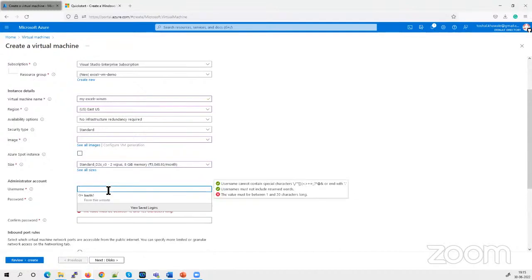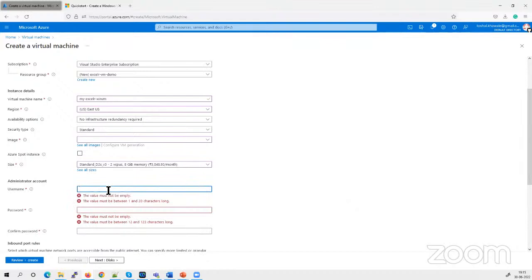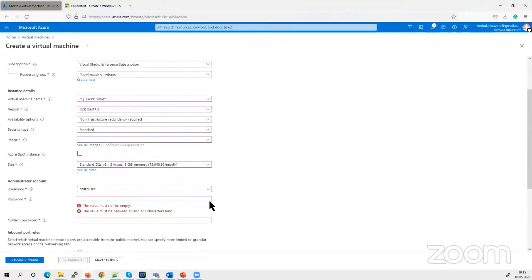Now, whenever you create a Windows virtual machine, you need to give an administrator account name. So I'm going to give the administrator account name as Azure user. This is the username you should give. Now you can give any username you like, but my suggestion is to give this name as Azure user. Now I have a reason for it. At times, if you give some other name, for example, my ExcelR, like this,